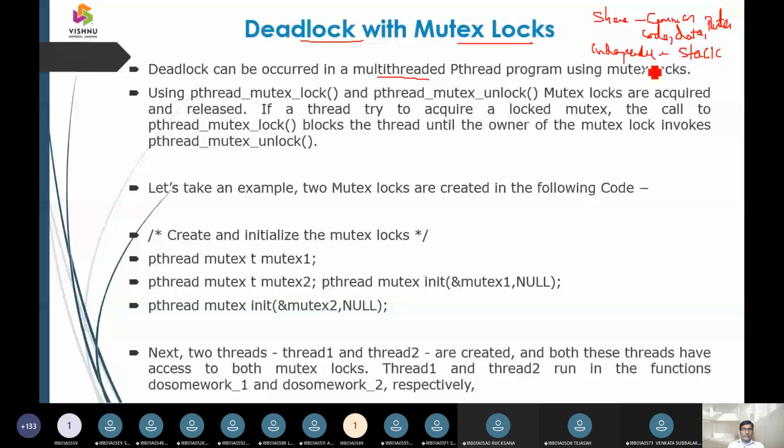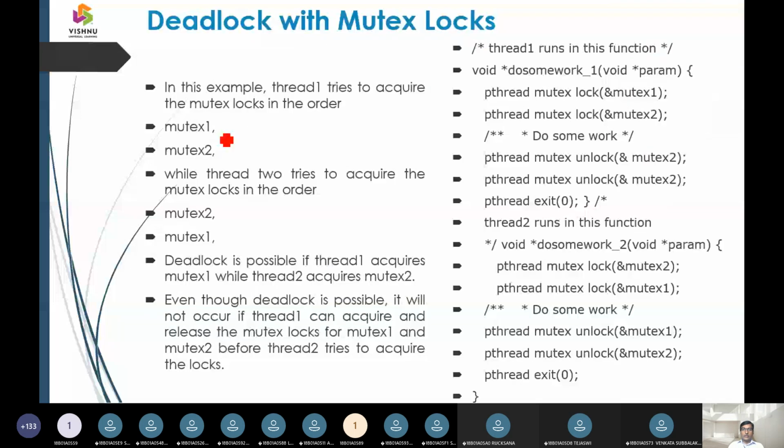Here you can see that mutual exclusion means at most one job takes place. We have mutual exclusion thread 1 and mutual exclusion thread 2, and they are initialized here. After initialization, we have mutex at thread 1, this is thread 1 here, and the second one is thread 2.